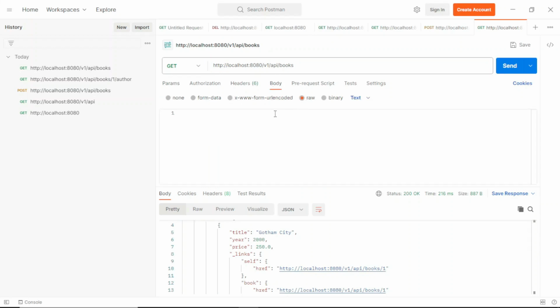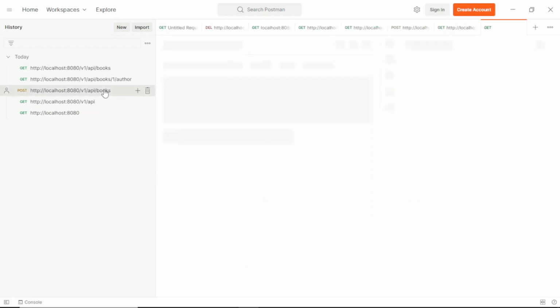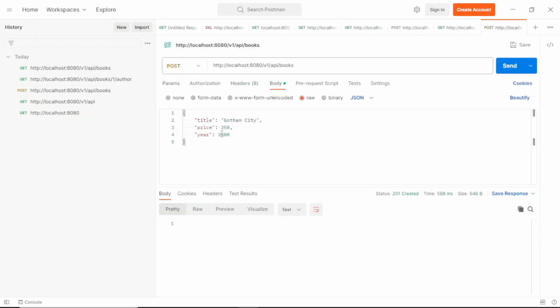So moving over to raw again, and just go over to this one at the top. Since we have a body, I just have to edit the details in this body. So we should have, what is the name of this book called? Romeo and Juliet, and the price should be about $100,